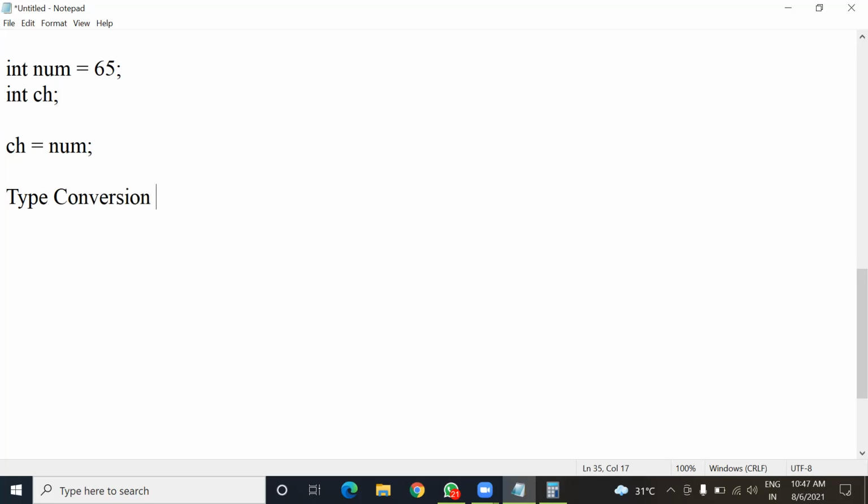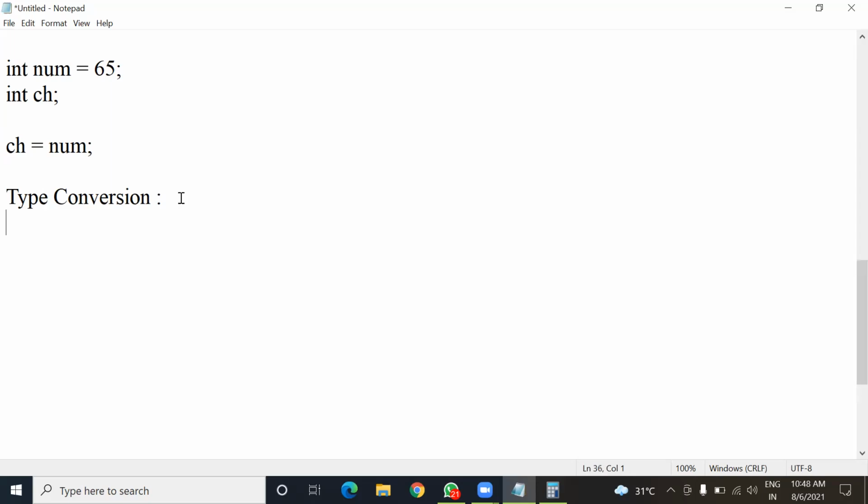In type conversion, you study how a data type can be converted into another data type, just as you saw in this expression when it was of char type.